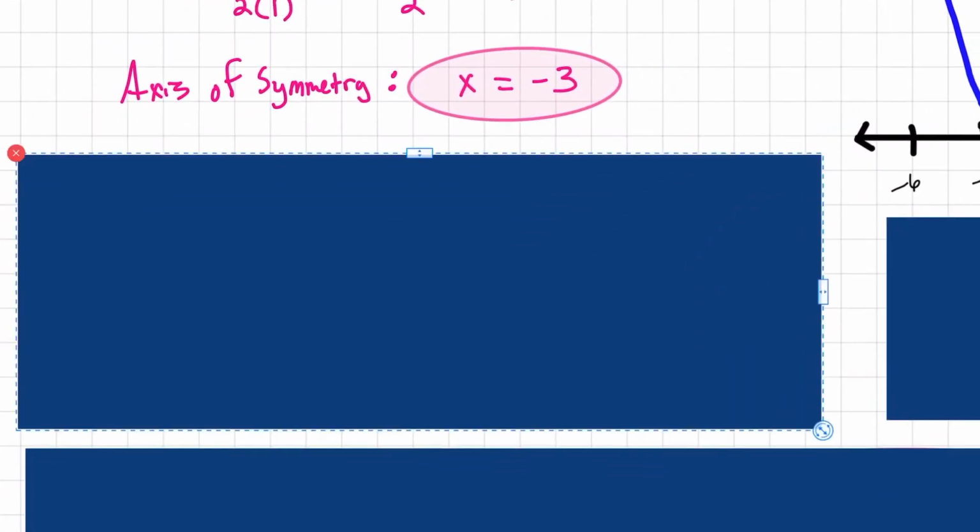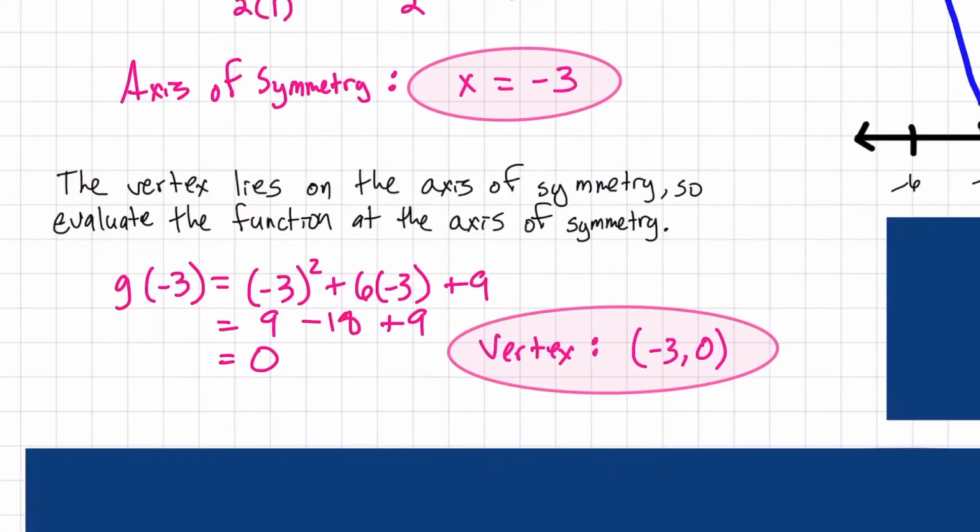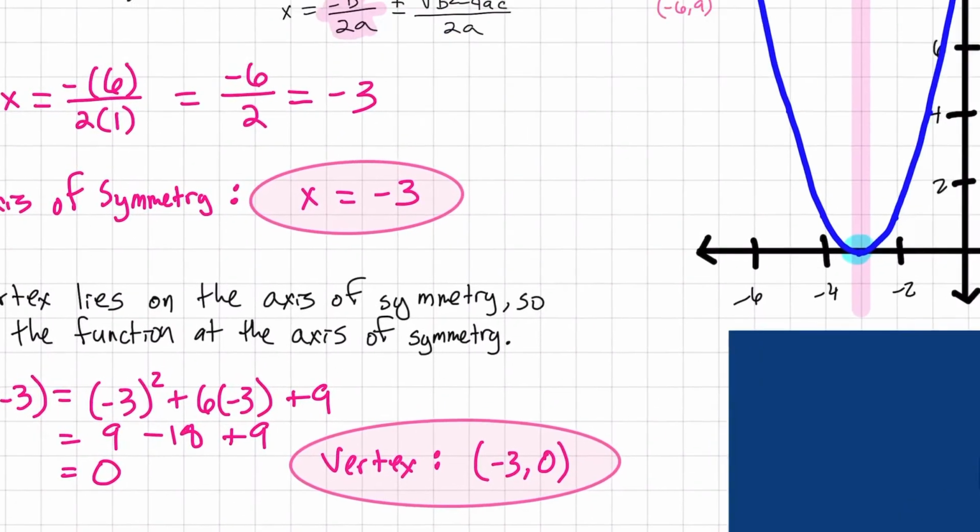So we get this. Since it lies on the axis of symmetry, evaluate the function at the axis of symmetry. So g of negative 3, and this negative 3 comes from right there, from my axis of symmetry. So negative 3 squared is 9, 6 times negative 3 is negative 18, and then add the 9. And so 9 plus 9 is 18, subtract the 18, and we end up with 0. So that's where we have a vertex at negative 3 comma 0. All right, looking back at my graph,